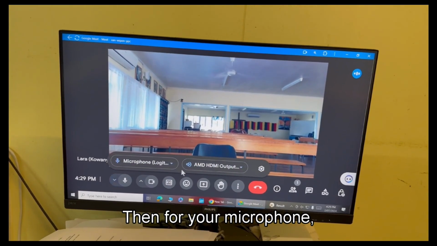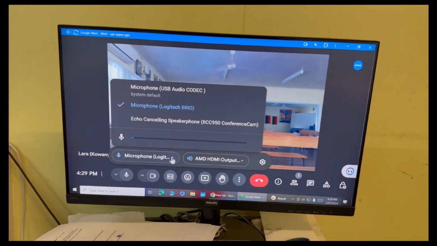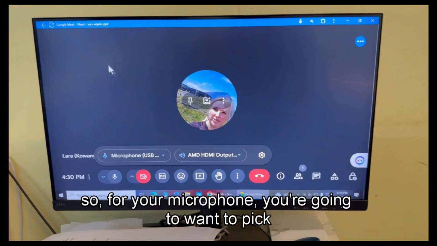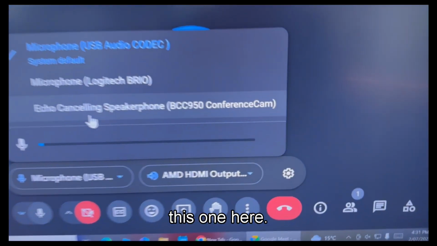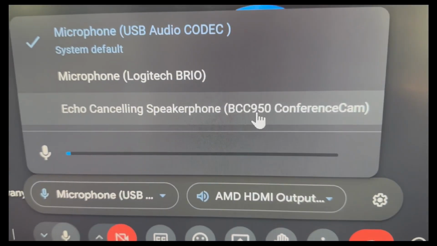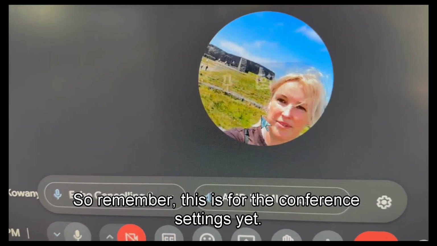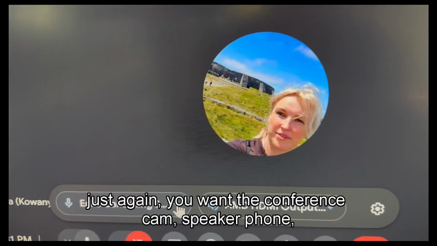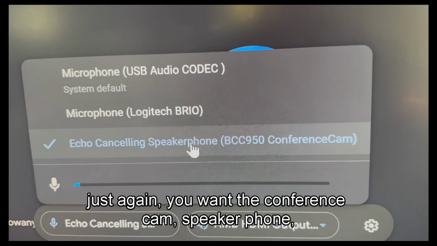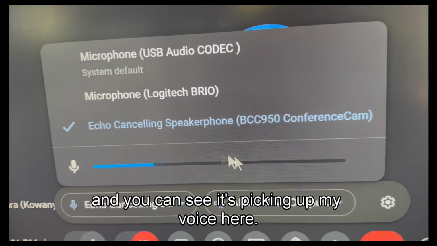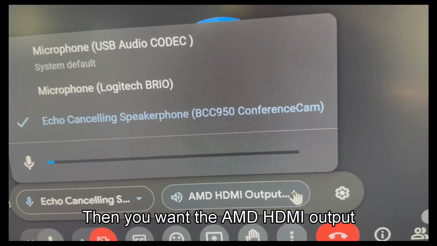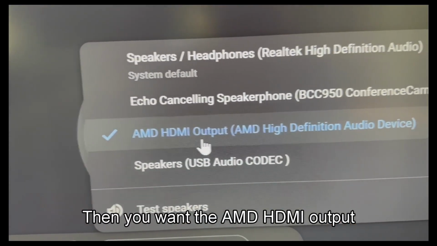Then for your microphone, you're going to want to pick this one here. So that's the conference cam as well. So remember, this is for the conference settings, yeah? So just again, you want the conference cam speakerphone. And you can see it's picking up my voice here. Then you want the AMD HDMI output